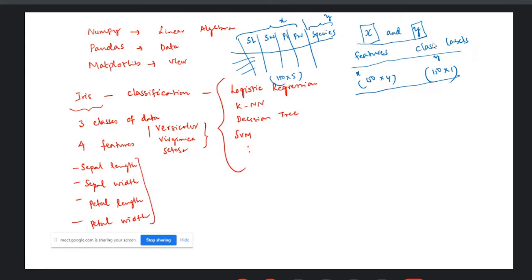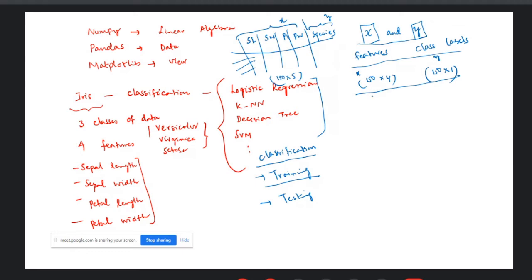And then for any classifier, the classification involves 2 steps. The first step is training the classifier, and the second step is testing the classifier. For training and testing, you have to separate this data into a training part and a test part.